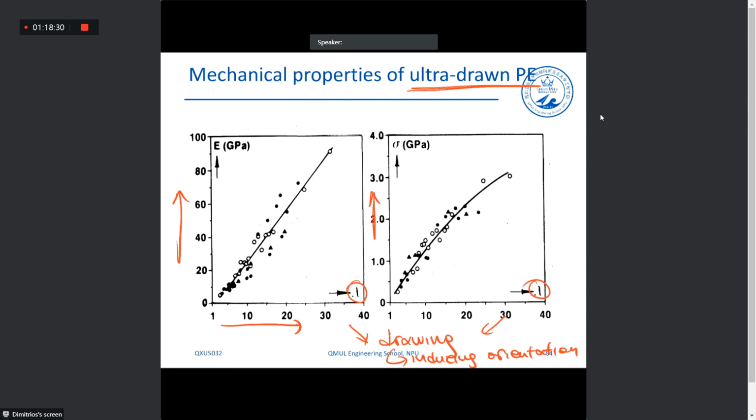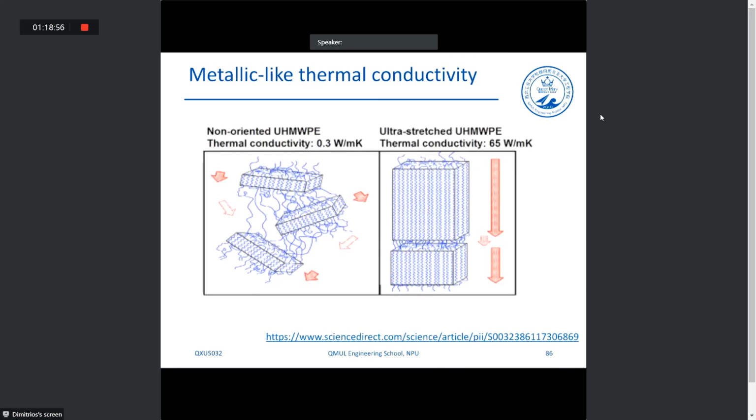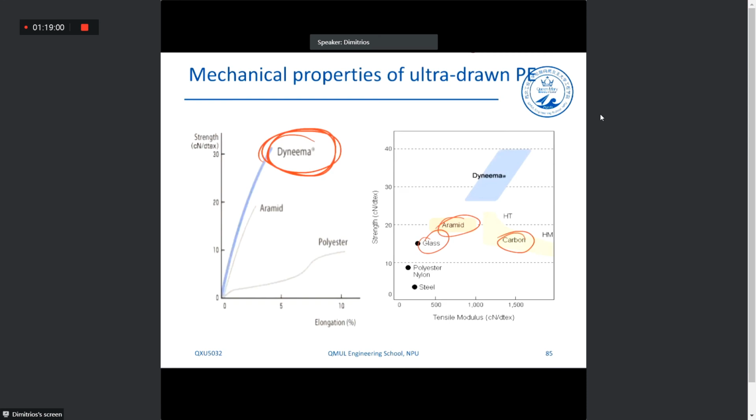Of course, I should point out, the very high mechanical properties can lead to generally low elongation. So these materials are stiff, they are very strong, they have very high values of crystallinity, but they cannot be elongated a lot, okay? And as I told you, thermal conductivity